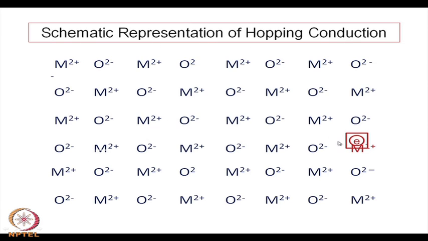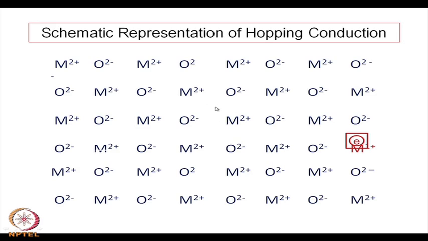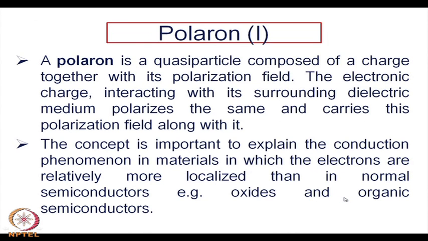So, the electrons or the charge carriers in this case are actually moving from lattice point to lattice point. The residence time in between the lattice points is very low. Either it is residing very close to one of the cationic sites, or it is moving through the material, and it is really not staying any place in between. So, that is known as the hopping mechanism, and then we come to the so called concept of polarons,